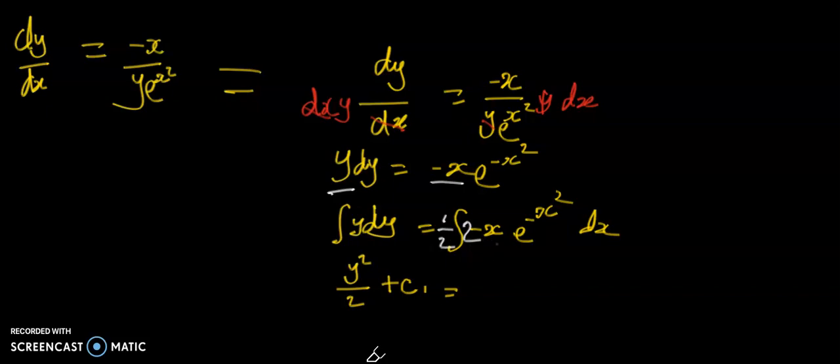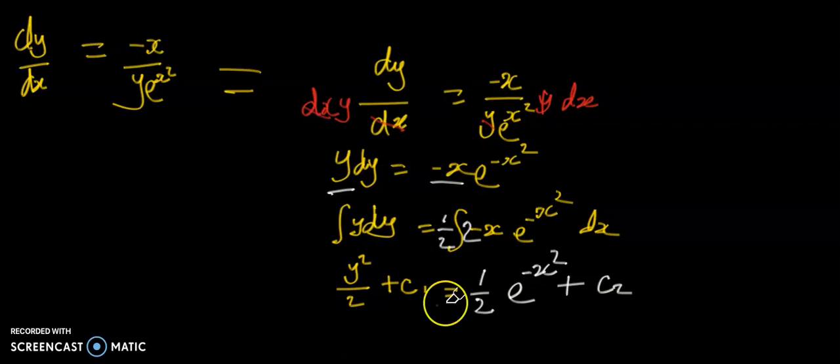We use u substitution to integrate this function, negative x exponential negative x squared, so that we will have half exponential negative x squared, and this also plus some constant too. Of course, we don't know what that constant is, so if we continue from here, we will simply